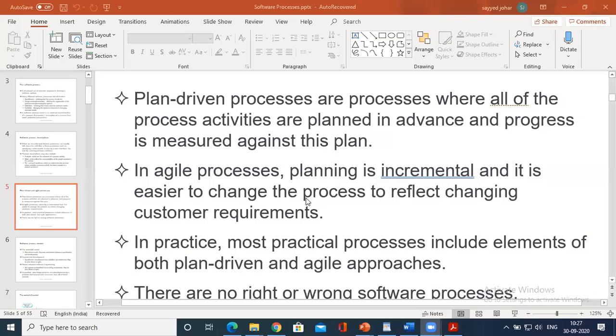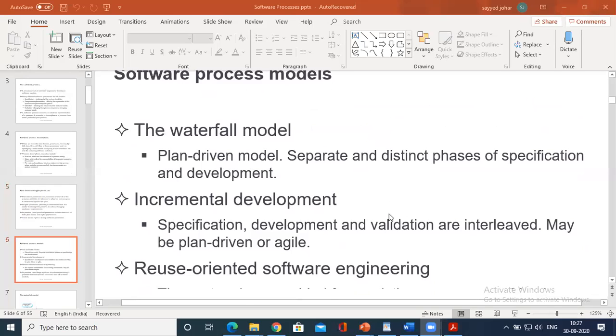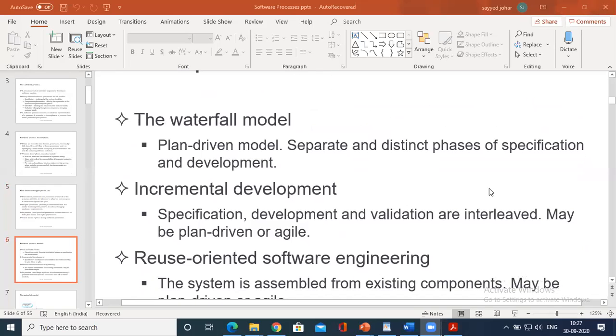Whereas in the case of agile process, it is incremental, so in individual steps you have a provision to change the process. Let me come directly to the waterfall model. The waterfall model is a plan driven model. We have distinct phases of specification and development. They are interdependent: specification, development, step number 1, step number 2, and step number 3.